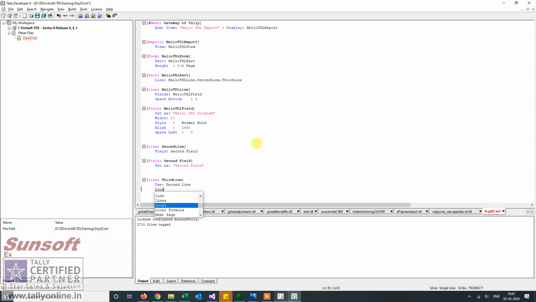Now I am writing one command. We'll study this in detail in the later section. I am just assigning it a different value.